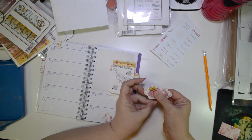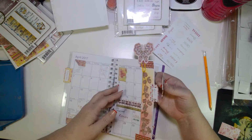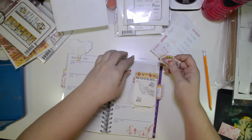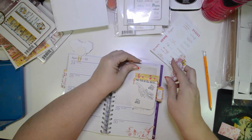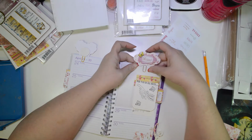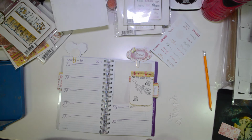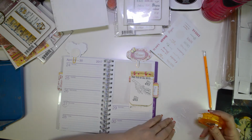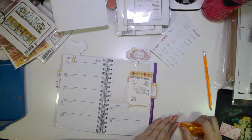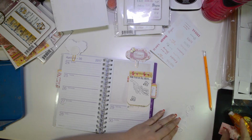And that's it. This was back at the beginning of April when I originally had an opportunity to do a little bit of journaling, and this is where I'm at currently. I'm at the blessed section. This is the word smile from the TLC Expression die line. I'm just going to dab a little bit of glue, and I'm going to put this